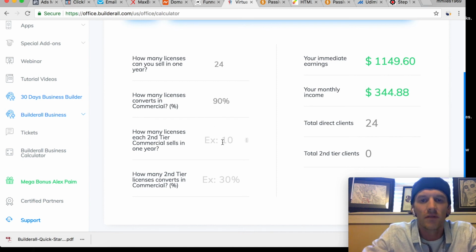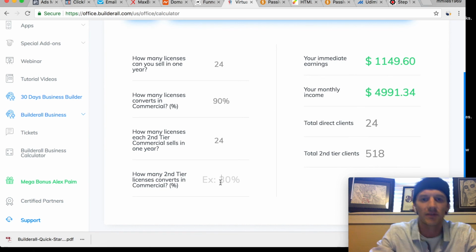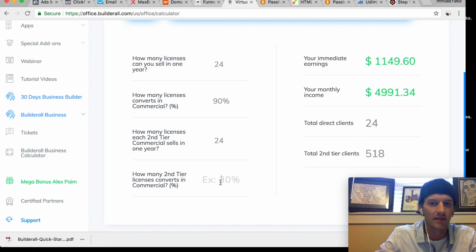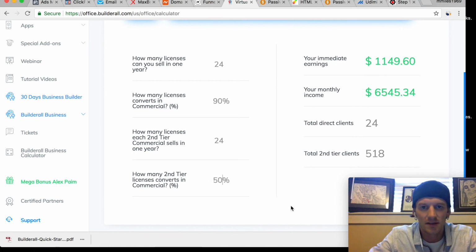And now each one of those 24 people also gets only 2 people per month to sign up, right? And then we're going to be even more modest and say that even though they have the exact same tools that you guys have, they have this passive income system, they have all the tutorial videos and everything that I'm giving you, let's say that they're not quite as great salesmen, right? And they only have 50% of the people that they sign up keep their account. What that means is that in the first year, your immediate earnings will have been